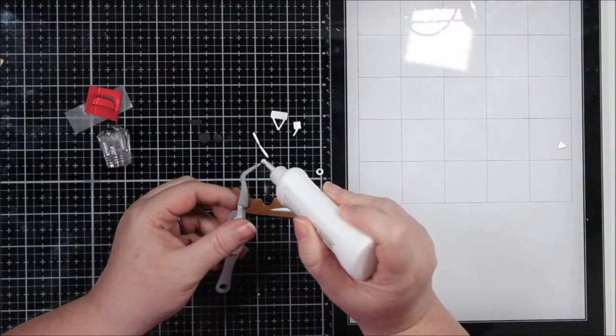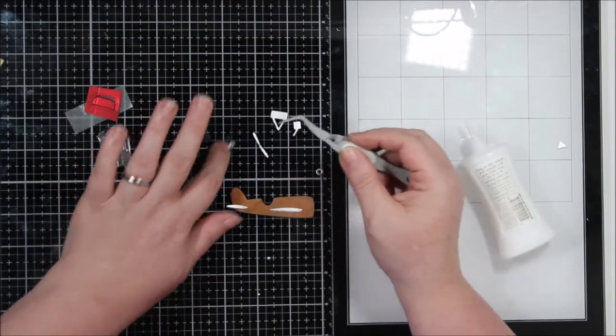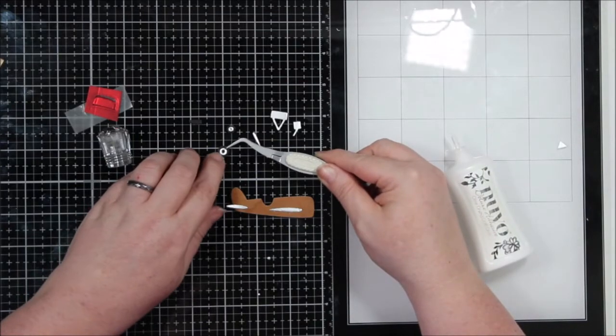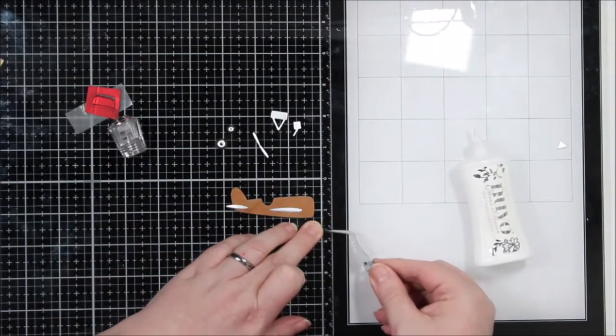So these are like the little rims. Do planes have rims? My friend's husband works for an airplane manufacturer, and he is probably screaming right now if he's watching this, telling me what they are. But I'm going to call them rims, and I put them on the little tiny black